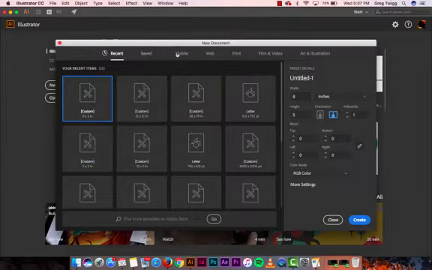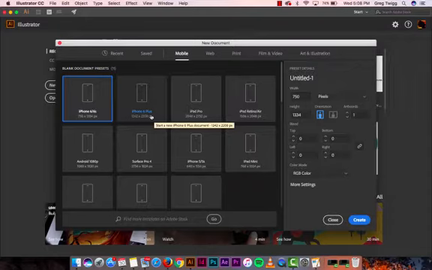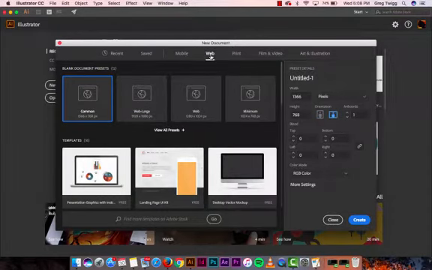Hey, tell me more about the templates that we have here. And these are going to be set up so that they are in the proper dimensions and resolution and color space for these mobile platforms, which is really cool. I mean, it's really great to be able to not have to think about it and just say, all right, Illustrator, I need it for this. Give me that. For web, there are,